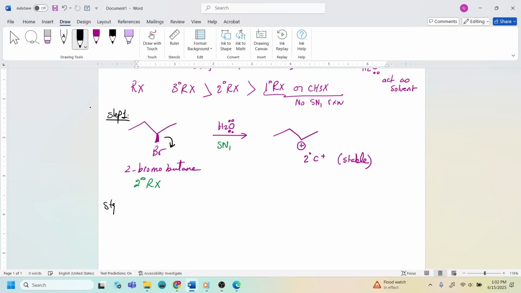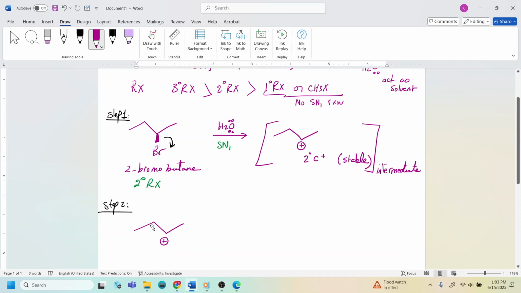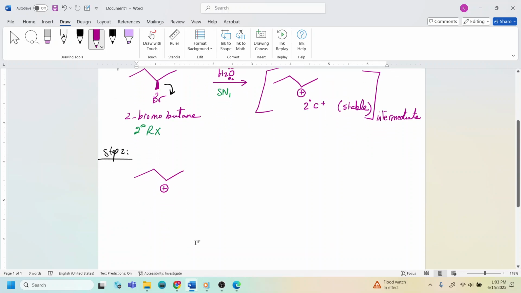And now step number 2, the nucleophile is going to attack. The nucleophile cannot attack in step number 1, and the reason is that the nucleophile is weak. This is why you need to create a stable intermediate. So your secondary carbocation is a stable intermediate. And that intermediate, you're going to use it as a reactant in the second step in order to create the product. Do not forget that this is a planar